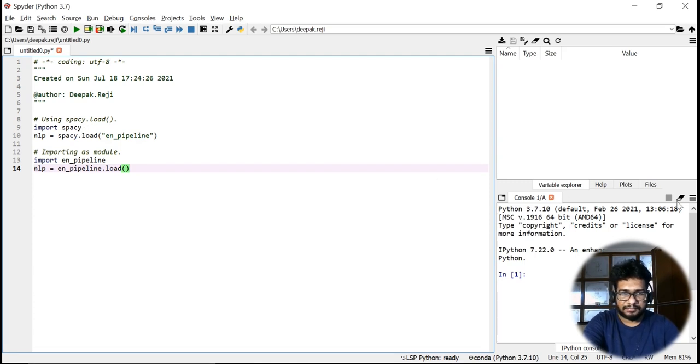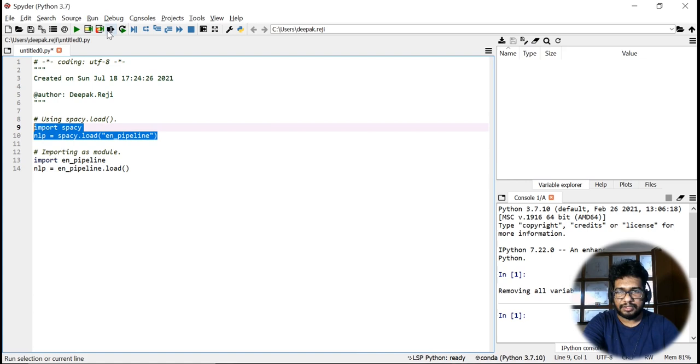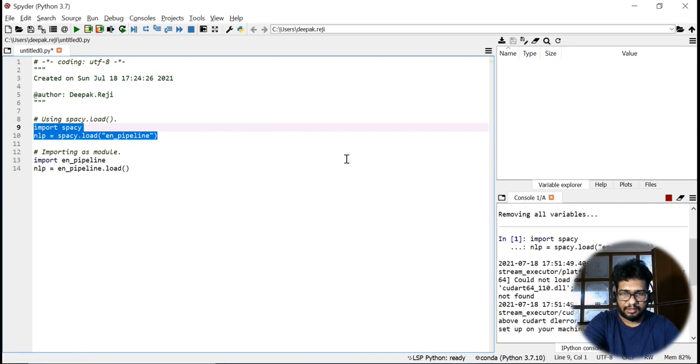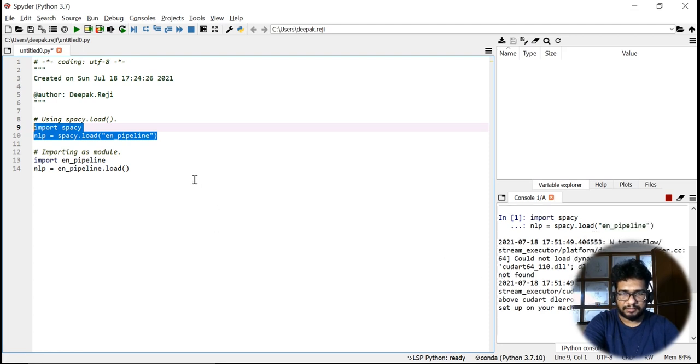You can check it out here. Basically we can import and load the model here. Okay, so that model will be loaded, and then it is imported as a module here. So nlp equal to en pipeline dot load.